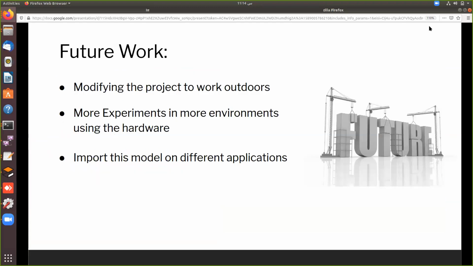Moving on, since this is a research project, there's room for continuous improvement in research. Some areas we suggest are training and modifying our project to work in an outdoor environment, as well as training in various environments, and applying to different applications that use navigation systems such as wheelchairs, robots in factories, or autonomous